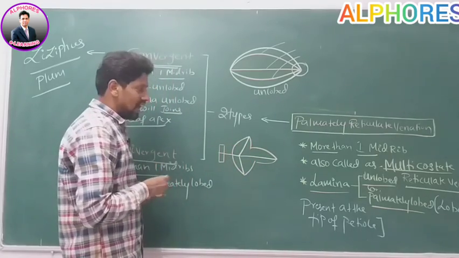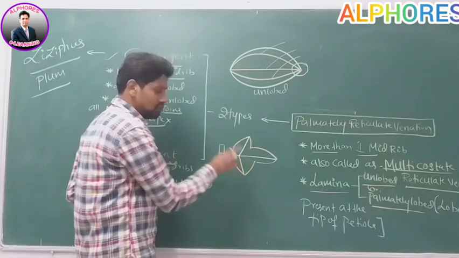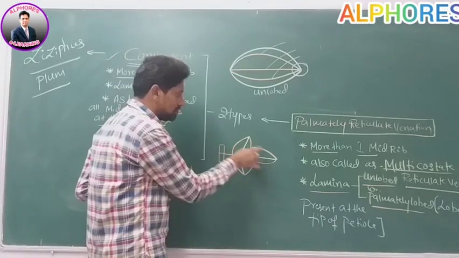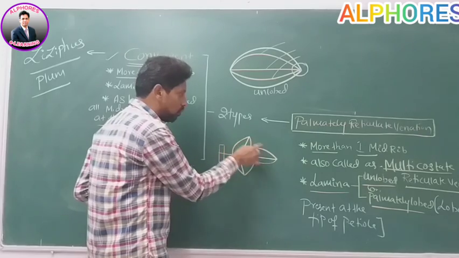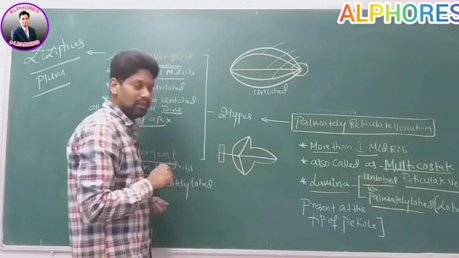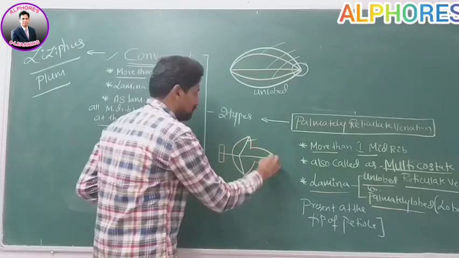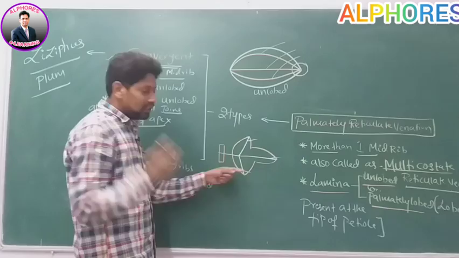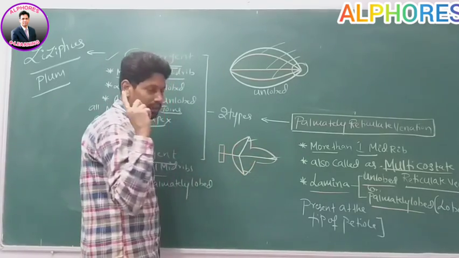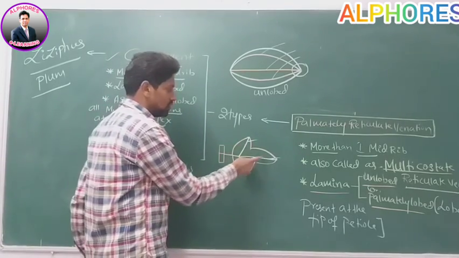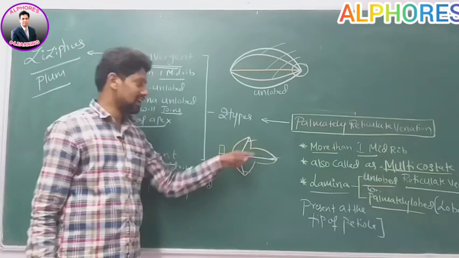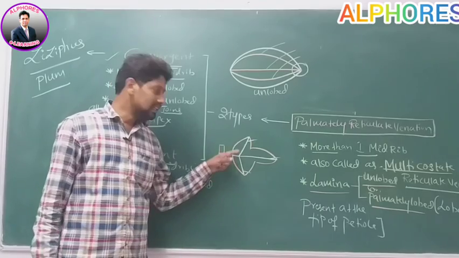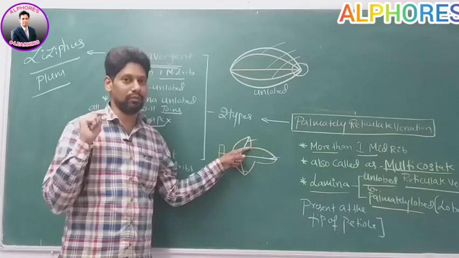First you tell me, in this diagram, is the lamina lobed or unlobed? The lamina is lobed. As the lamina is lobed, do these midribs come to one point at the leaf apex? No. Each lobe is receiving how many midribs? One midrib. In the diagram, how many lobes are there? 3 lobes. It means the number of lobes is equal to the number of midribs. 3 lobes, 3 midribs. Each lobe is receiving one midrib. Is it okay?